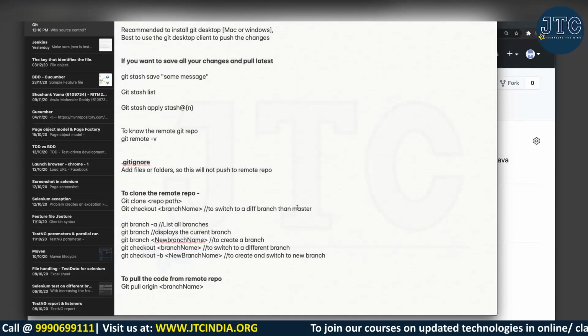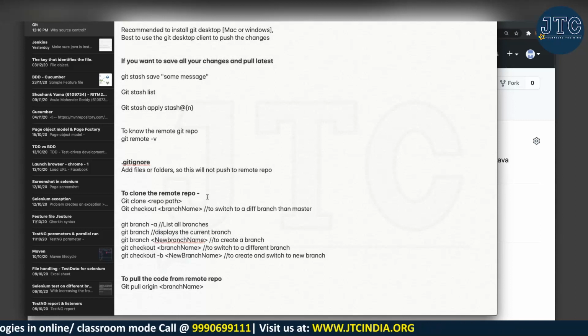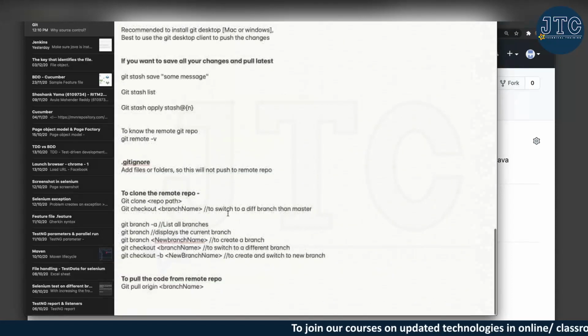Then I will talk about cloning, which is our last part. Okay. Now git clone. Now I have pushed to the GitHub repository. But what about your branching actually? Where exactly is the branching coming into the picture? I hope every one of us is very clear with the concept of staging area. It is nowhere related to the branching. At least now we come to know. Now let's see the branching.